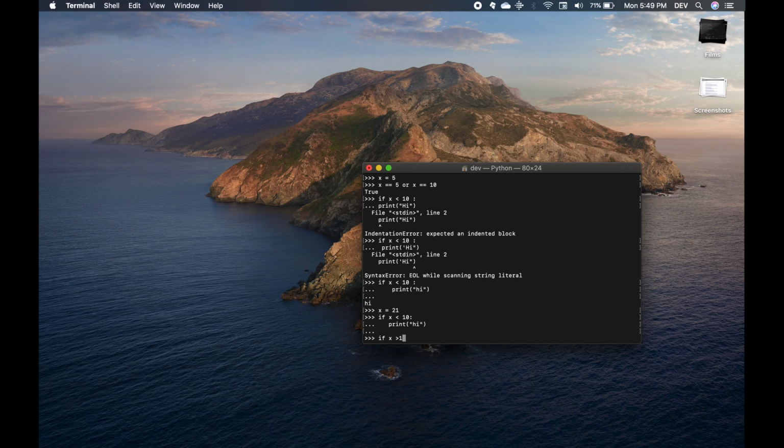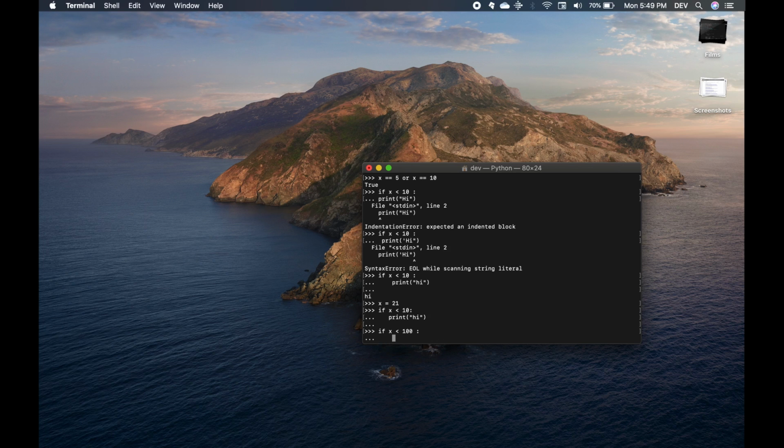I'll just type in 100 so that it does not go wrong. Oh, I put in the wrong one. And I'll just start my loop. I'll indent it. And now I had said if x is less than 100, then, and now I had made another if statement. Then if the x which is less than 100 is also less than 50,